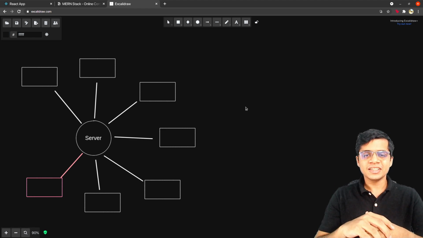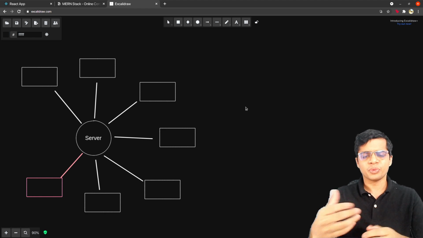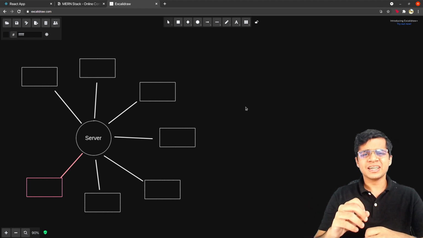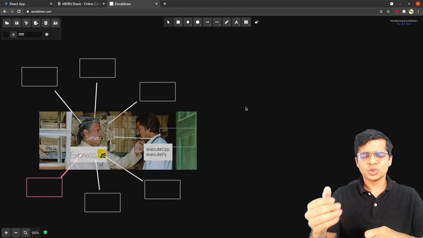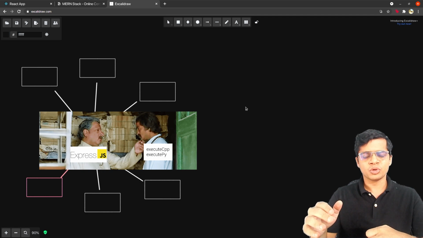The second reason is that if you have long running code, like suppose the code goes beyond 15 or 20 seconds, Express thinks, okay, I don't think I'll be able to get the response for this request, so I just send a gateway timeout error to the front end.